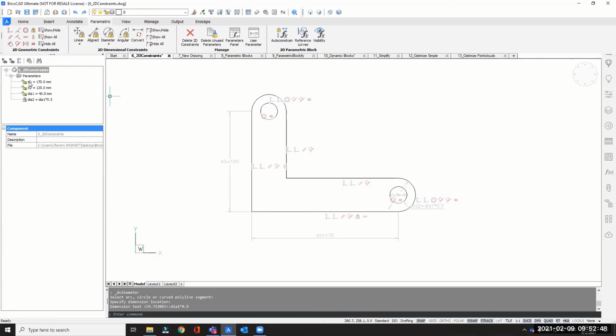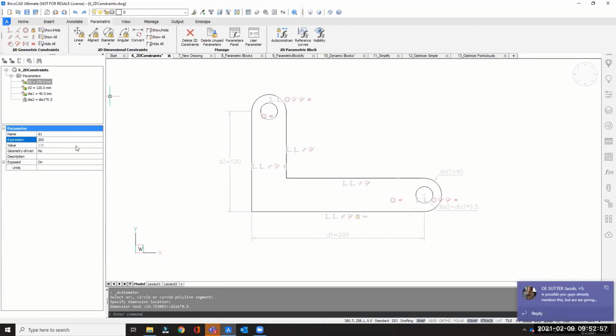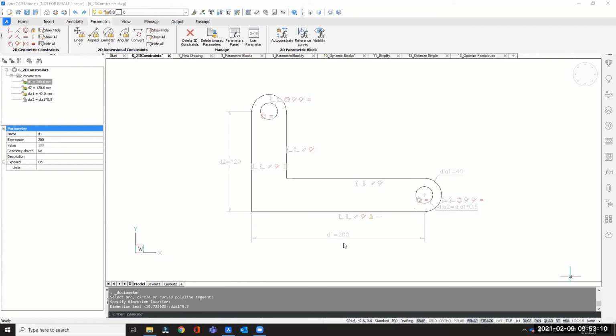So let us try this out, D1, and we see here, D1, there's an expression. So it can be 200 if we change that. So you would see that D1 has been changed to 200. Okay, and yeah, so you can play around with the expressions and the values of all these entities that you already